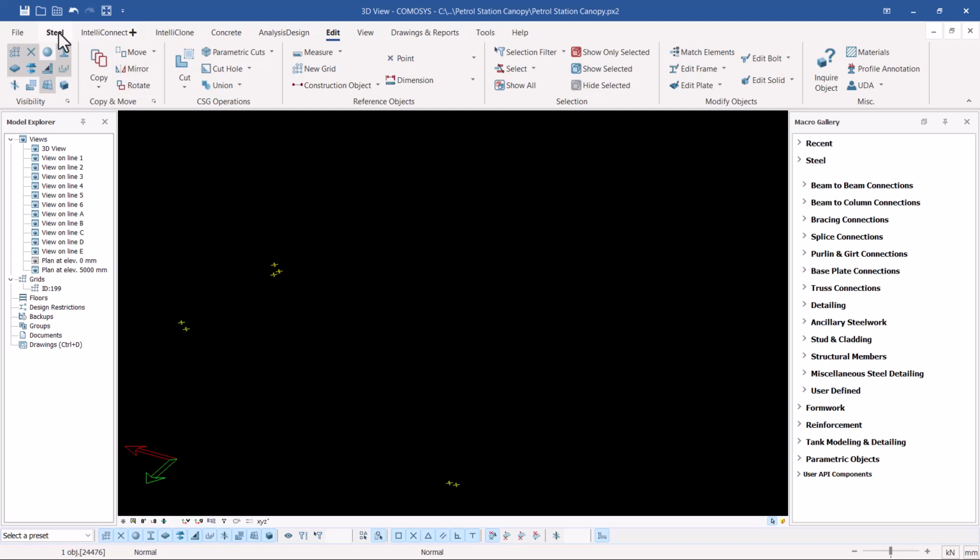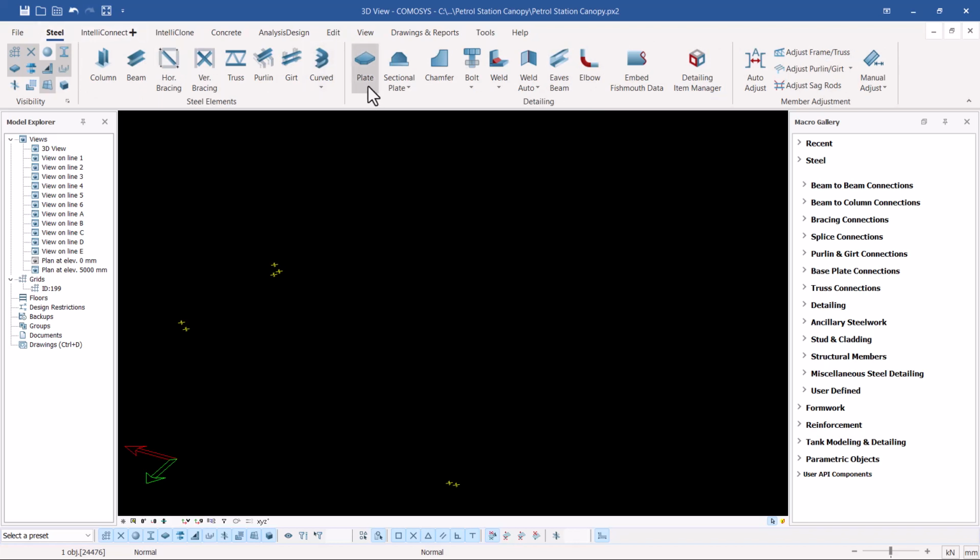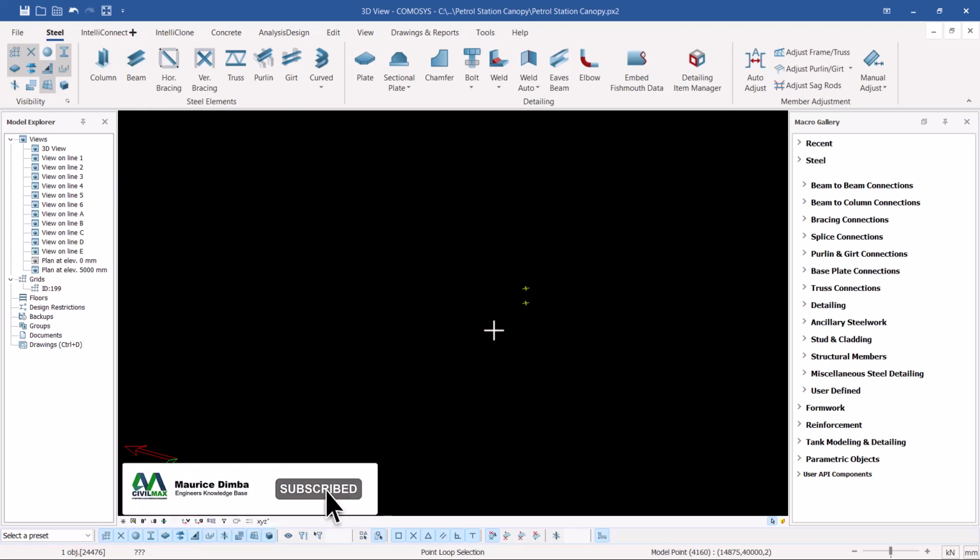So I'll come to steel, then come to plate. Then I want to follow these points in creating the gutter. I'll snap on these spots here that I've just created, and move that way, and I'll snap on that spot and move all the way down here, and just to create a polygon, and I'll pick on that and pick on this. Let's just zoom close and make sure you don't mix things up,